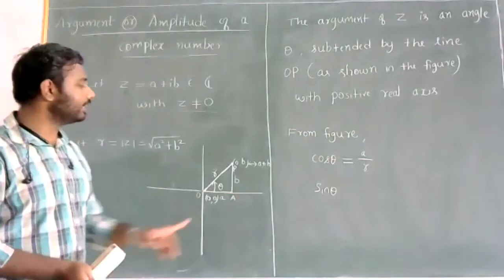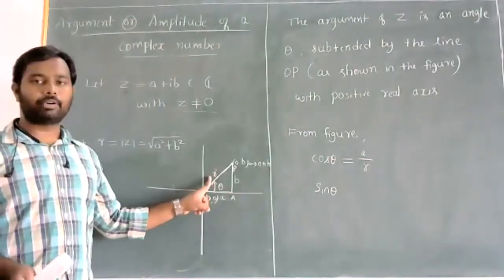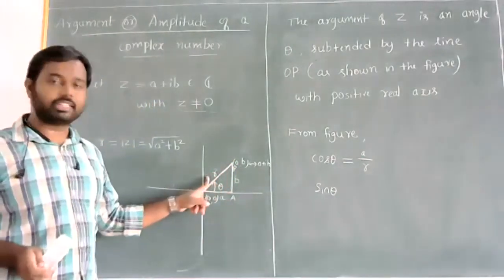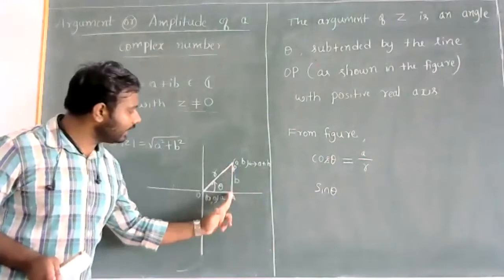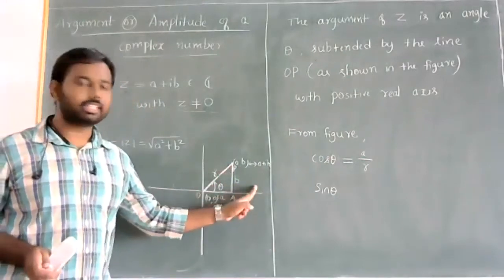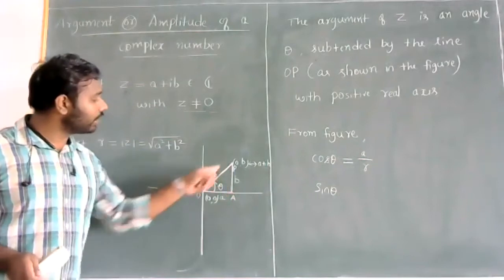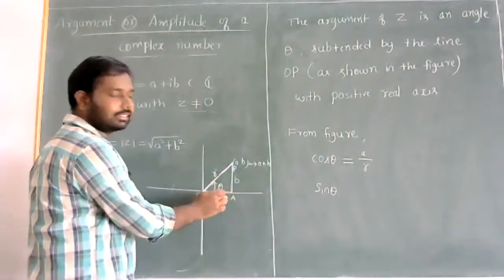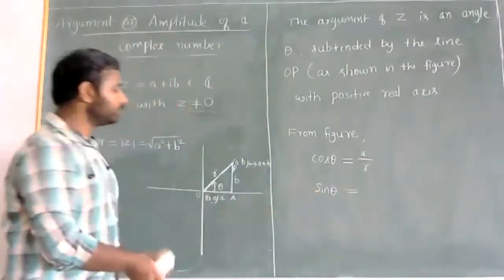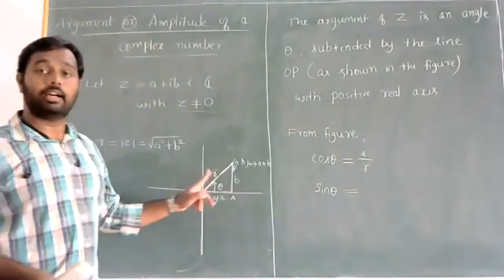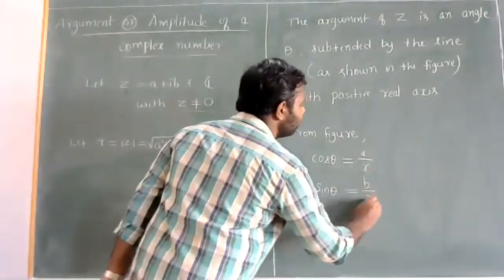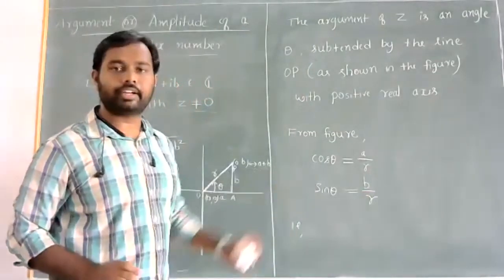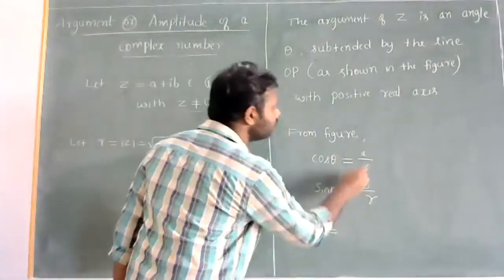Sin theta is opposite by hypotenuse. So in this right angle triangle, this side is called hypotenuse. The side opposite to the hypotenuse is called opposite, and the side which is adjacent to the hypotenuse is called adjacent. So hypotenuse, opposite, adjacent, and sine of theta is opposite by hypotenuse. Or that is, I can rewrite this set of equations as, cross multiplied,